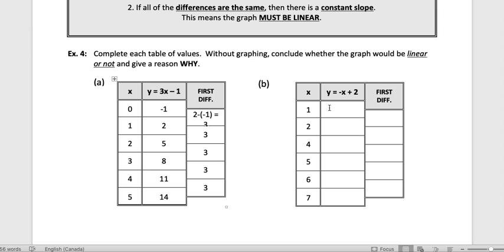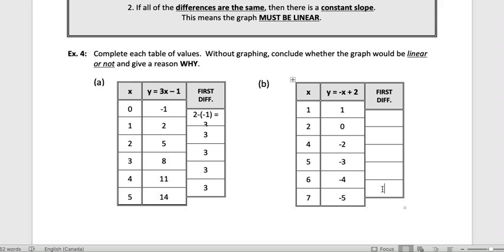So here, negative x plus 2. Negative 1 plus 2 is 1. Negative 2 plus 2 is 0. Negative 4 plus 2 is negative 2. Negative 5 plus 2 is negative 3. Negative 6 plus 2 is negative 4. Negative 7 plus 2 is negative 5. So the first difference is